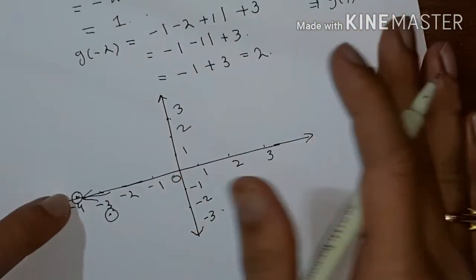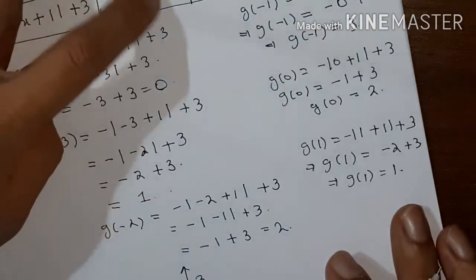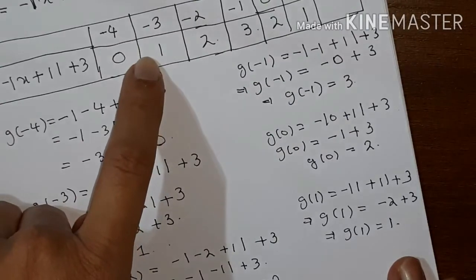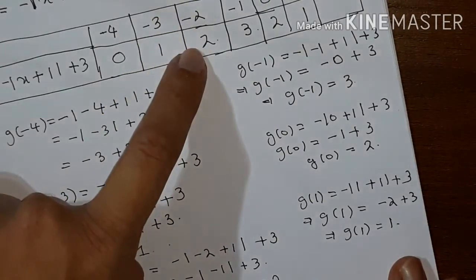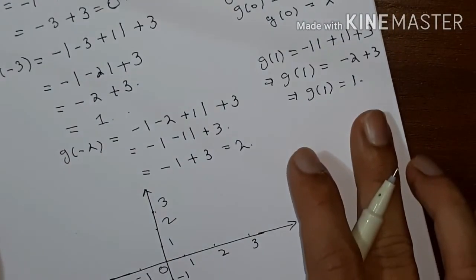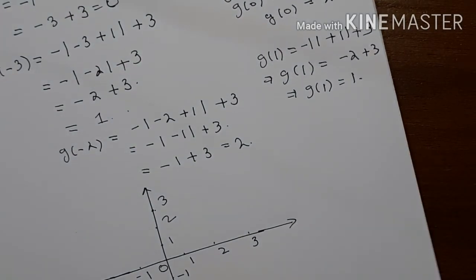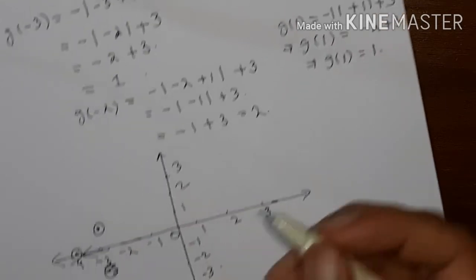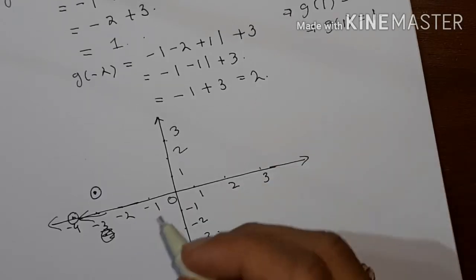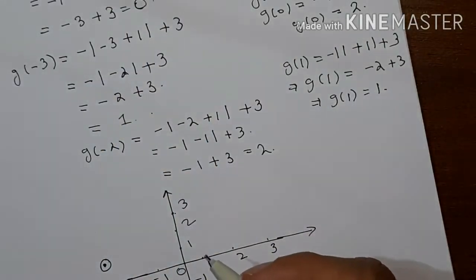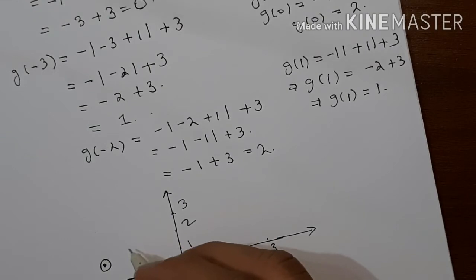Okay, here at minus 3, the value of the function is 1. At minus 2, what is it? 2. Oh, at minus 3 it is 1, so where is it? Here. Right. Okay, then minus 2, what is it? 2. So it is here,